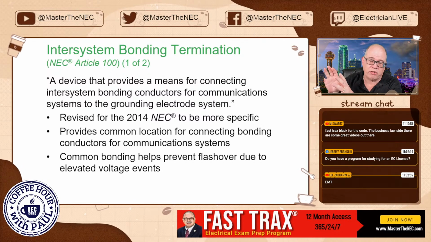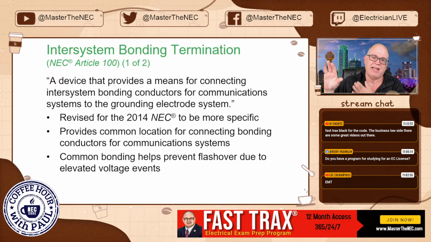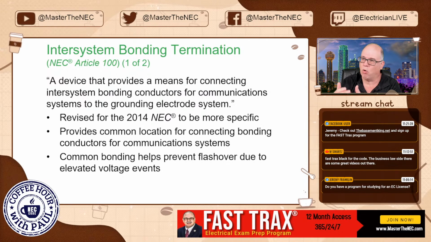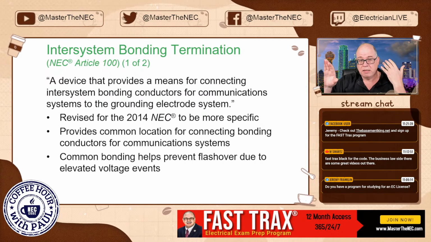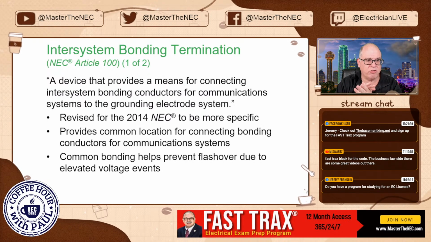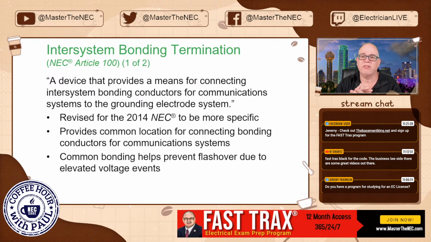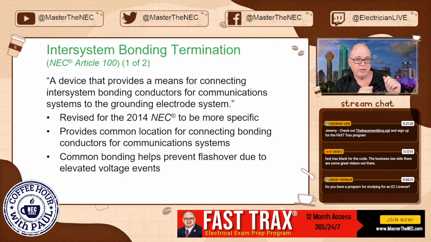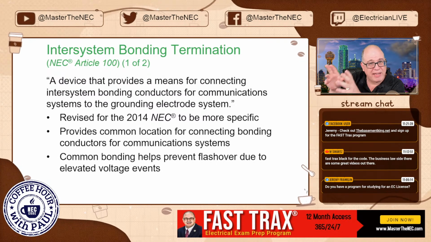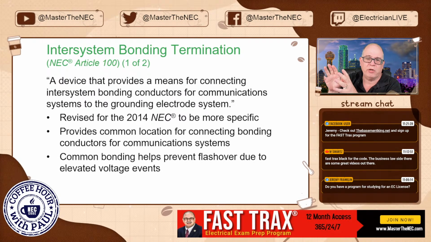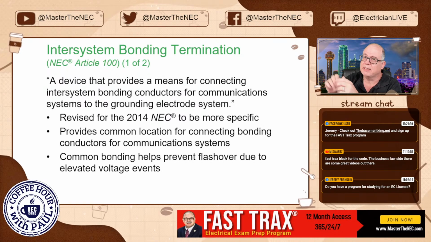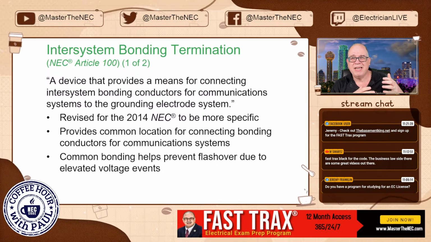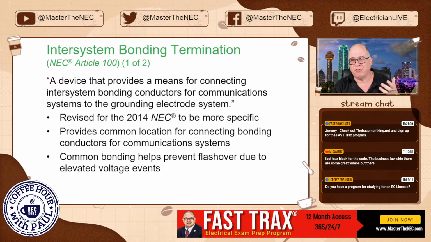So it's going to be either at your service, or it's going to be at the remote distribution panel at your detached structure, if that detached structure happens to have communication systems there, like Dish Network or Direct TV or all those type of things. Then you're going to want to make sure that you establish intersystem bonding terminations there. Now, it's required at the service. It's not necessarily required at the detached structure if you don't bring communication equipment there, if there's nothing there, okay? And theoretically, it also applies to the service location, but you're probably going to have communication systems in the building.